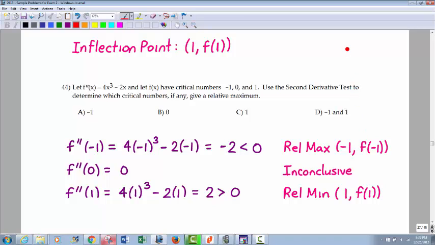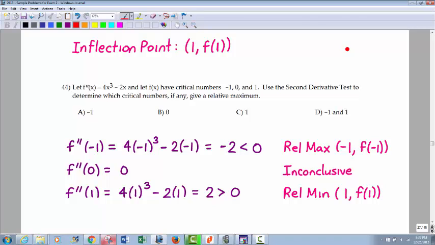Now, what do we have here? The second derivative test for critical numbers. This can sometimes be troubling for people to remember how it works. It's not hard to use it if you remember how it works. The second derivative test says that if you take your critical numbers and you plug, the critical numbers always come from the first derivative by rule. Remember, the second derivative numbers don't have any names. You take the critical numbers that came from the first derivative and you plug them into the second derivative